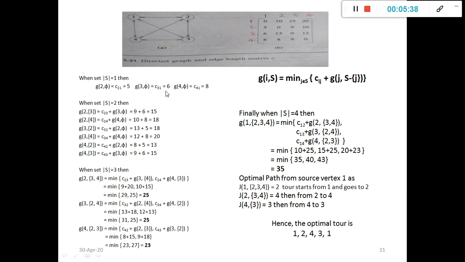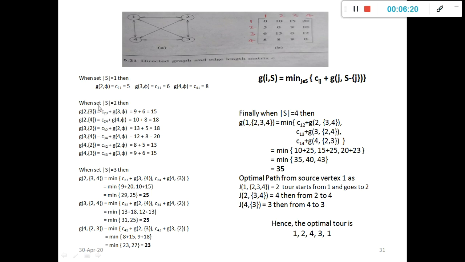To solve the traveling salesperson problem, dynamic programming suggests that at every step you have to take a decision, and you have to start solving it from the end, from the last vertex the traveling salesperson has visited, and from the last vertex you want to return back to the source vertex. From the last vertex 2 to 1, the cost is 5. If the last vertex the salesperson visited is 3, then the cost from 3 to 1 is 6. Similarly, if the last vertex is 4, then the cost from 4 to 1 is 8.